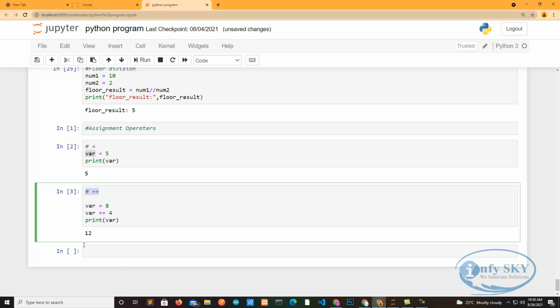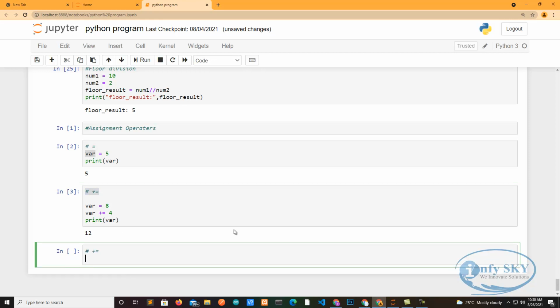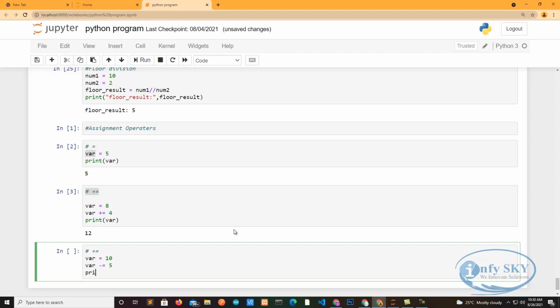Same I will do for minus also. For minus I will take var is equal to 10, and var minus, first minus then equal to, 5, then I will print that. We'll see the result.